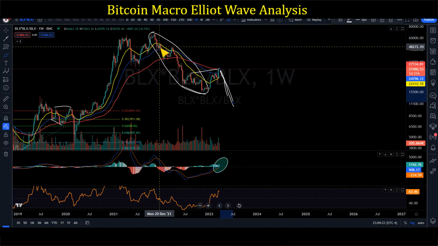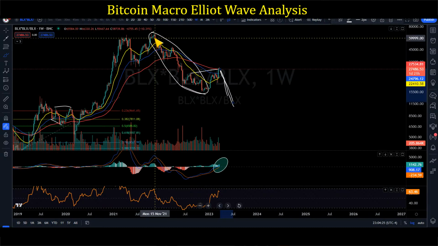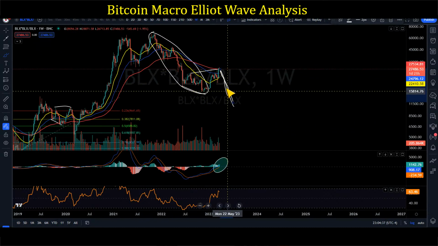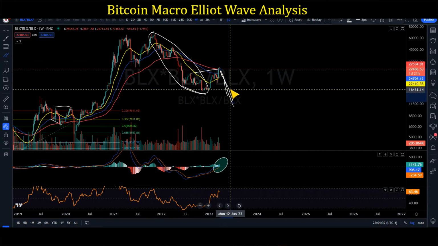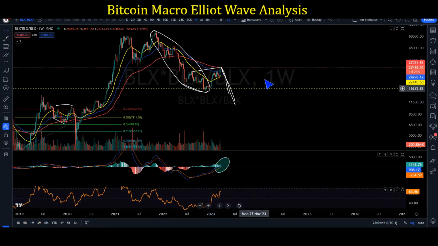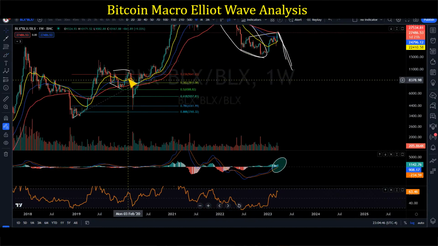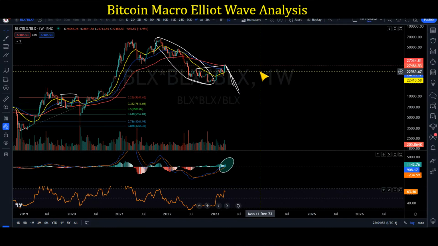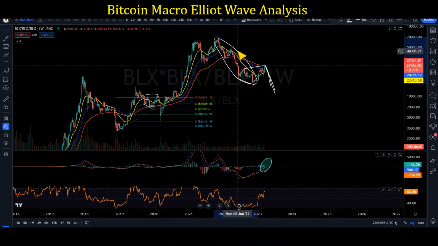Our wave 1 right here took what, 2 months? We peaked in October, then November, December, January, 3 months. But I don't think that if we get this move it's going to take 3 months. It could take half of that, or not even half of that, probably 2 to 4 weeks max. Just like the COVID crash right here, only took a few weeks, 4 or 5 weeks. That's it. And that way we could still count it as a 5-wave structure,